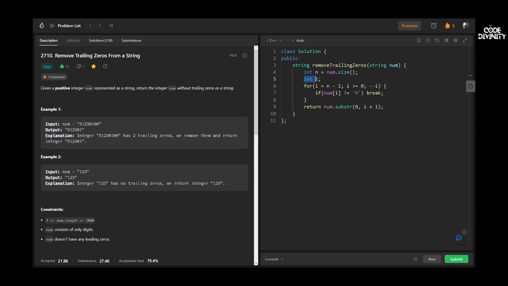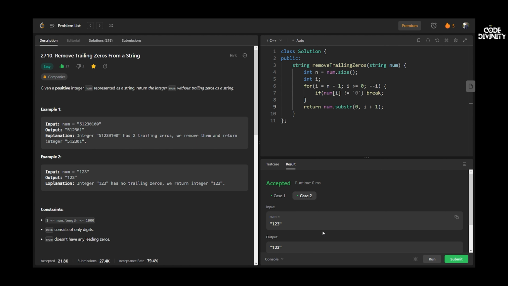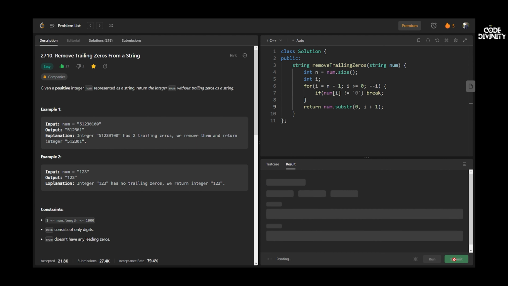We declared the i variable outside the for loop because if we wrote int i inside the for loop, when the for loop terminates, the integer i will also be removed from the memory. So we will not be able to access it while we are slicing our string. Now let's run our solution and check whether it is working or not. So it is working perfectly on our example cases. Now let's check it on all the private test cases.